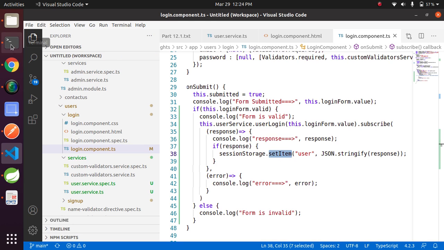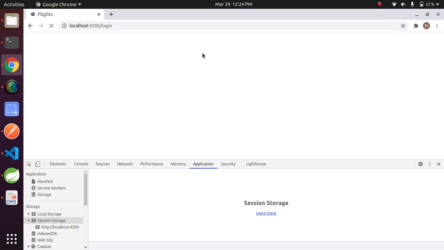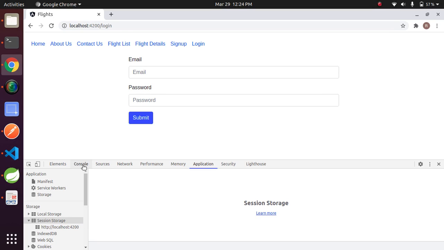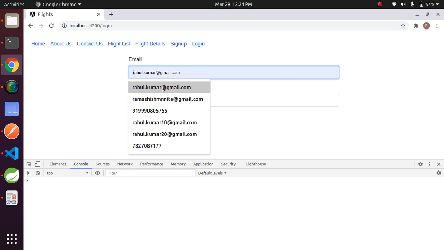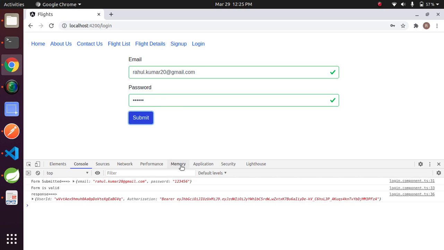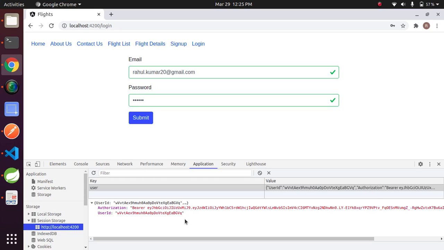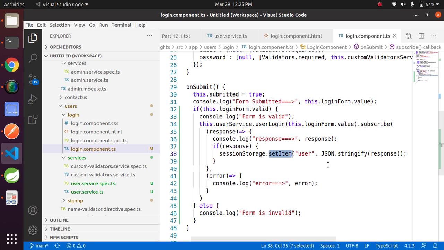We can check this. Refresh the page. Clear the console. Rahul Kumar 20, 123456, and click the submit button, and go to your application and click on the here. If you look here, our user object is saved into session storage. Now the next step is,